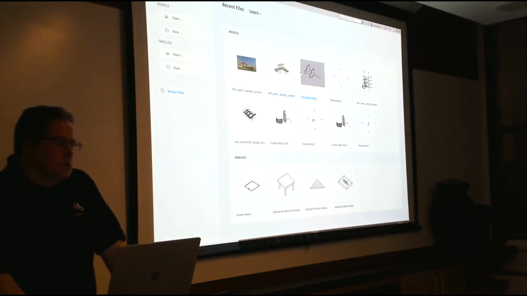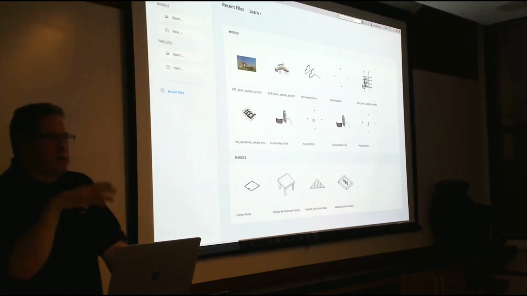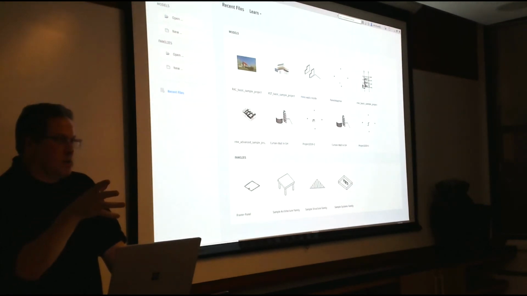A lot of this is we're just trying to add things as people ask for them, because we're trying to figure out what's most important. And so, creating layout levels was